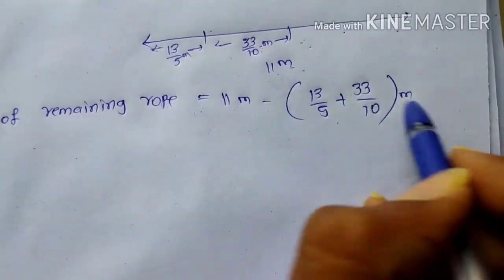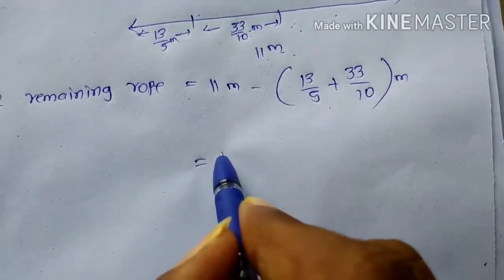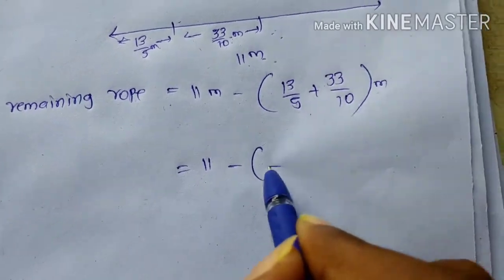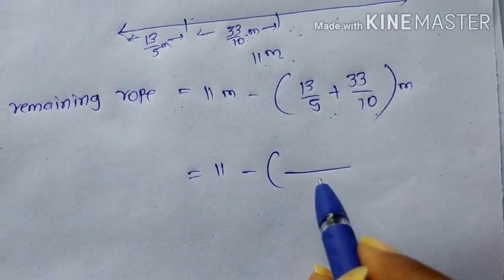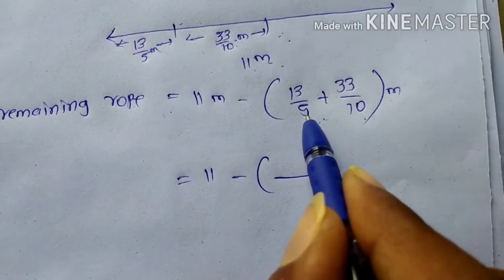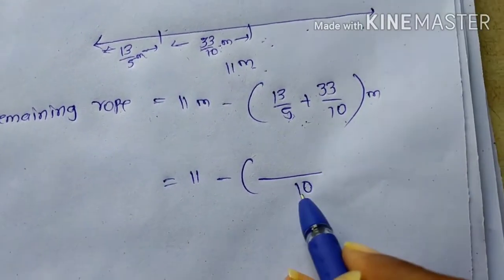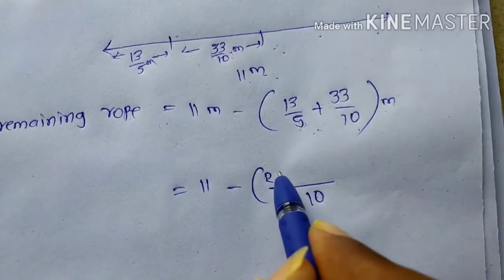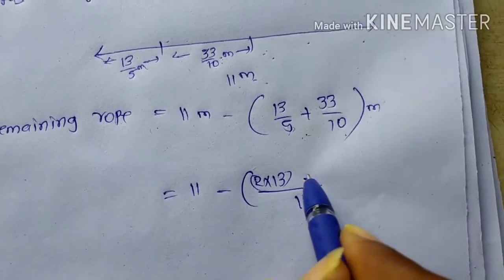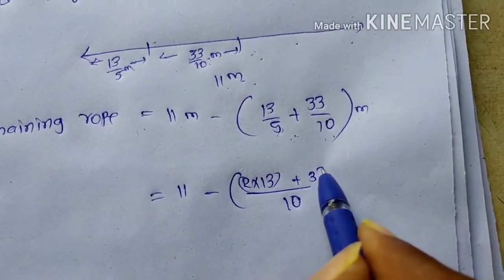That means you need not write meters once again. Just you can take directly here. 11 minus here 5 and 10, LCM is how much? 5 and 10, 10 only. See here, next you can divide 10 by 5. 5 2s are 10. That means 2 into 13. You can write here 2 into 13 plus 10 1s are 10. That means here 33 into 1